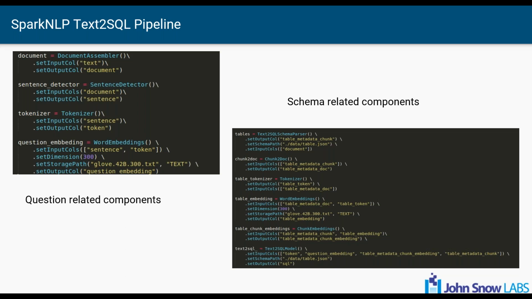So this is how we have implemented the Text-to-SQL pipeline in Spark NLP. As I mentioned earlier, we have two different encoding tasks at hand. The first one is encoding the question, and the next one is encoding the schema. So for question encoding, what we will go through is